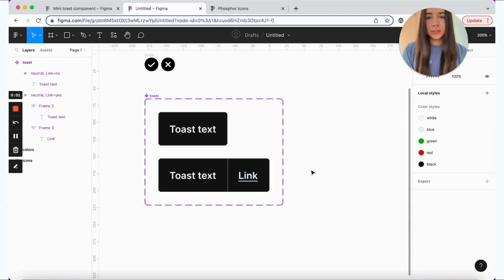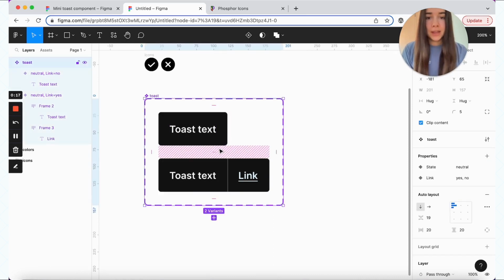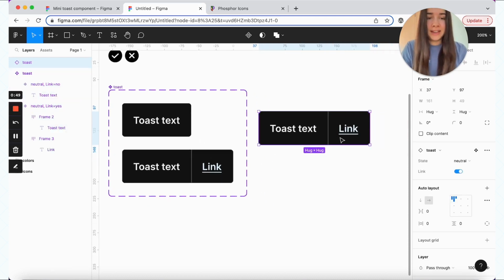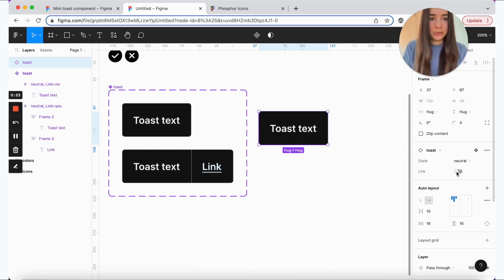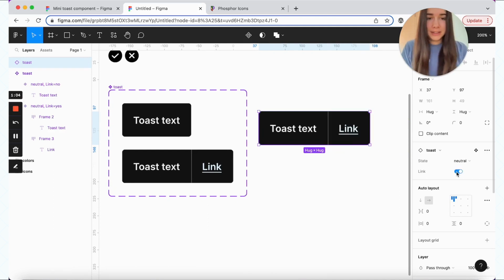Yes. So one thing to note, why didn't we use the Boolean component property for the link? And the reason for that is that when we add the link, our styles slightly change. So we remove the right border radius from this part here. The Boolean component property works perfectly when all you want is to have something either shown or not shown without changing any of the surrounding styles. Since this is not the case here, we do have to use the variant, but the good thing is that you still get your like toggle here, just like you would do if you use the Boolean component property. So for people who use the component, to them it really makes no difference.